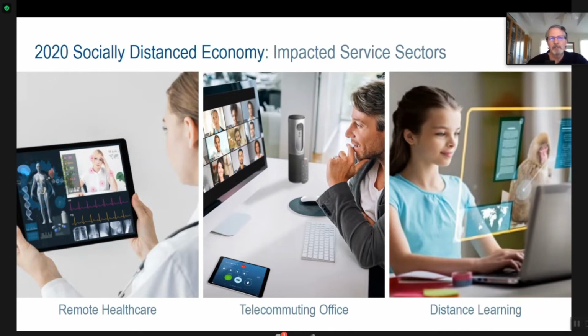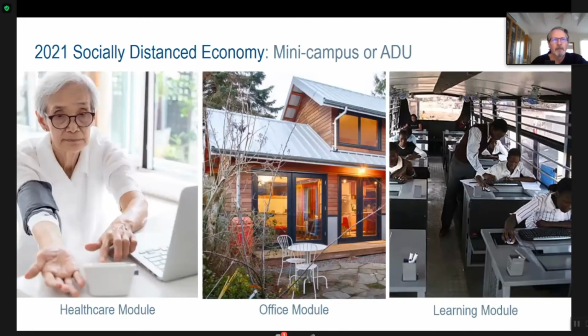So just in this past year, we've seen a need for these three things as a minimum to be very different than they have historically. So responses might be that we would have accessory dwelling units in a backyard to accommodate us locally, or these pods that are like ADUs might be aggregated together to create mini campuses. You know, Google, for example, has said they're going to wait till June of next year to require people to go back to work. So what happens when Google says you can work from anywhere in the world as long as you have a quality connection?